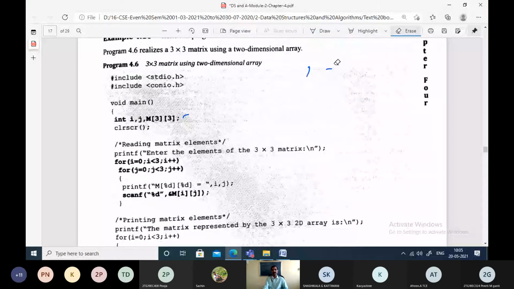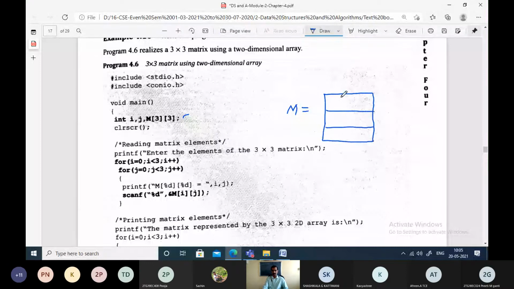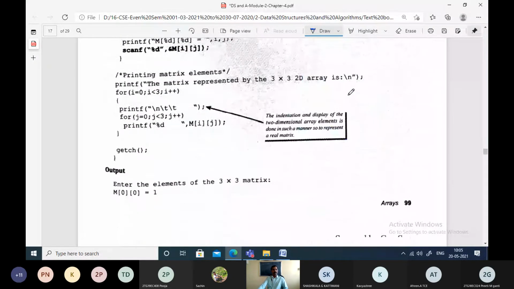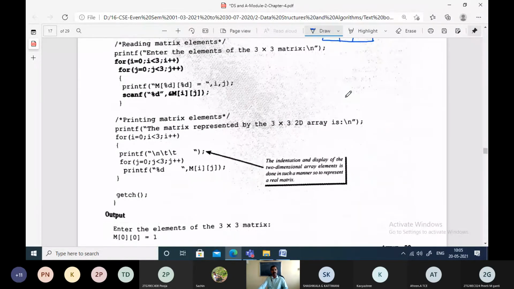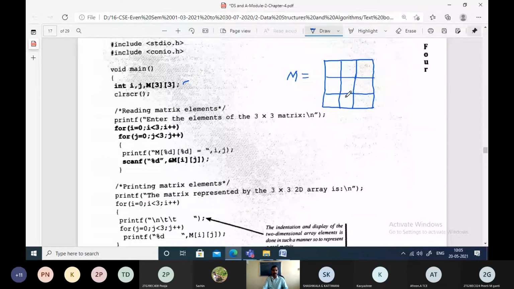We are going to realize the implementation of the matrix. This much space is sufficient for explanation. 0 1 2, 0 1 2.